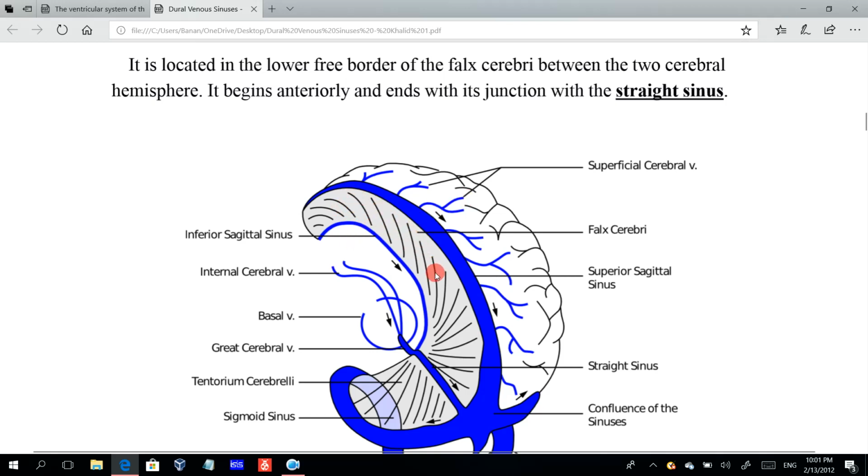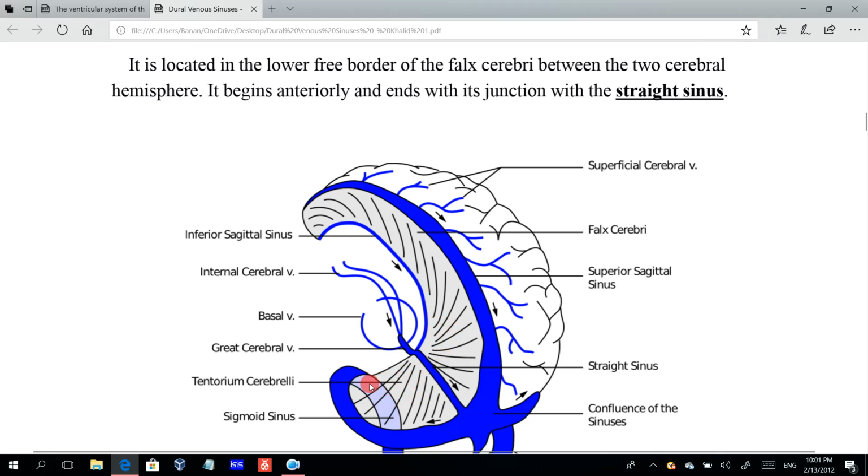This is dura mater, of course. It's called falx cerebri. In the upper border, we have the superior sagittal sinus. In the lower border, we have the inferior sagittal sinus. You see? And of course, here we have another membranous extension, which is called tentorium cerebelli, and as you know,